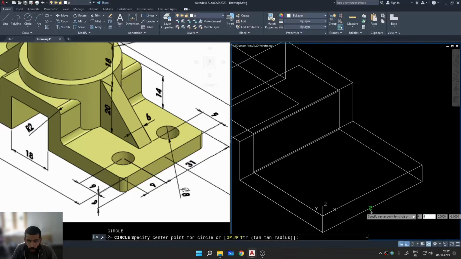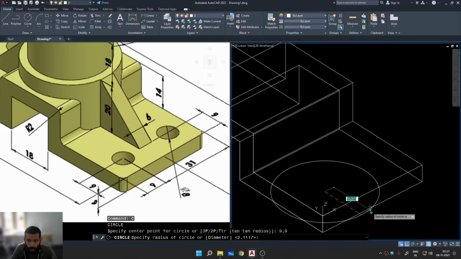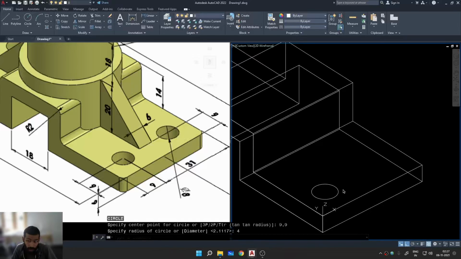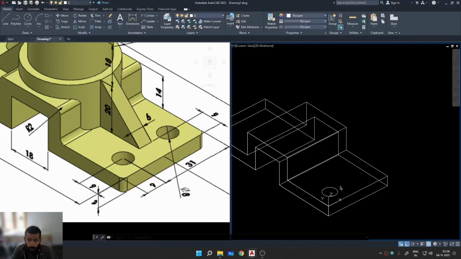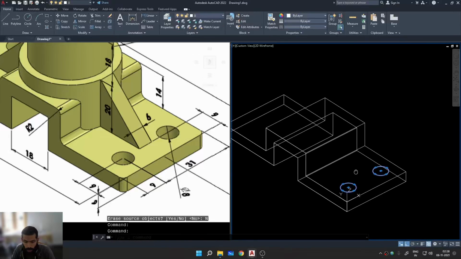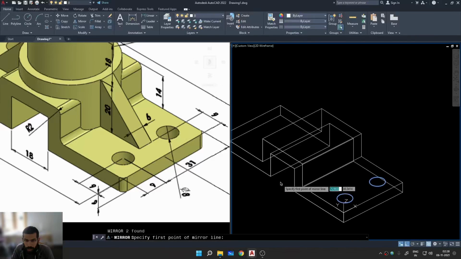oh yeah, 9,9, and maybe the diameter of the circle is, you can see that is 8. Okay, so the radius is 4. That's it. That's how you do it. If the dynamic UCS is turned off, you don't need to type the hash or pound symbol. I can mirror it. The first point is here and the second point is here. Alright, you can mirror it again, mirror, and